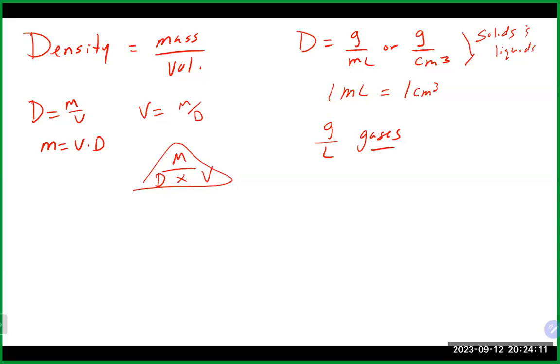If something is more dense than water, it will sink, right? And if something is less dense than water, it will float. Most substances in their solid form are usually more dense than their liquid form. The major exception to that is water, right? Water in a solid form is actually less dense than its liquid form. We know that because when we get a nice refreshing drink and we put ice in it, ice ends up